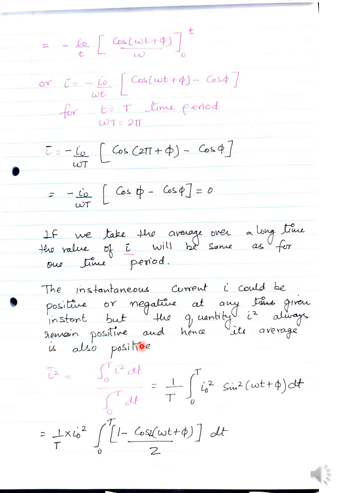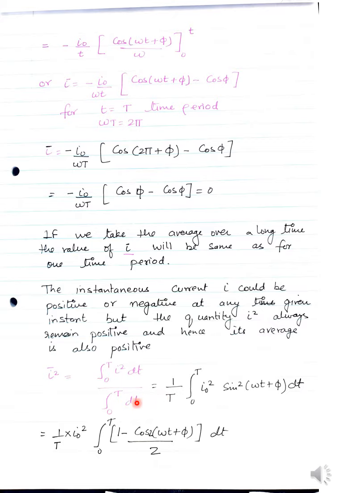Why are we doing it? Just to find out the value of RMS current. So I square always remains positive, and hence its average is also positive. So we are taking the average of I square. Please mind that there is a line over I square. Due to the different color, the line is not clear here, but there is a line. So we are dividing the square of total current for a particular time period by the total time.